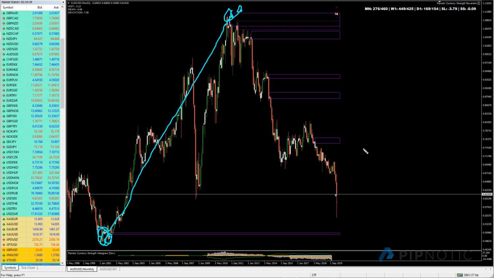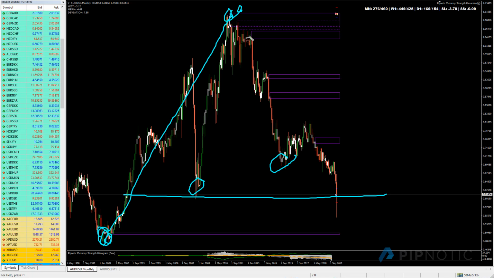Okay, where do we have deep pullbacks? Where's the deepest pullback since price left from this area here? It's right here. Oops. So I can do it straight. It's right there. Okay. So price came back to this area historically. And so if price is up here, we can expect price to go to at least this area here. And looking at this price structure here, we don't want to focus on anything here or anything here,